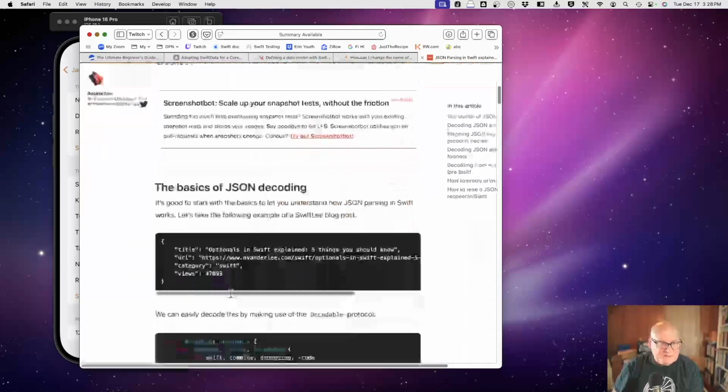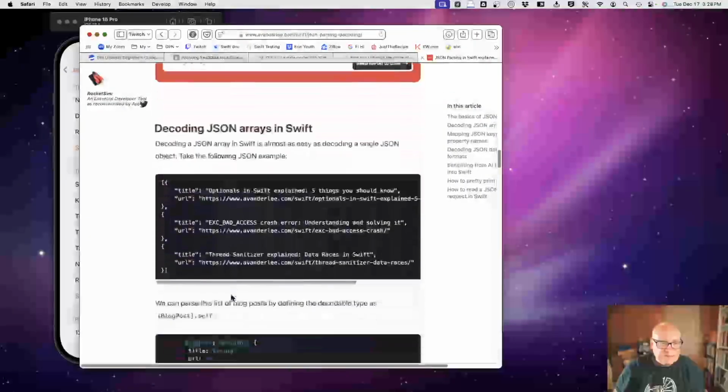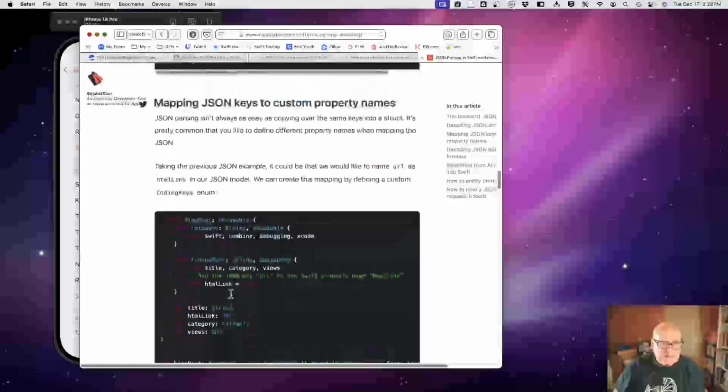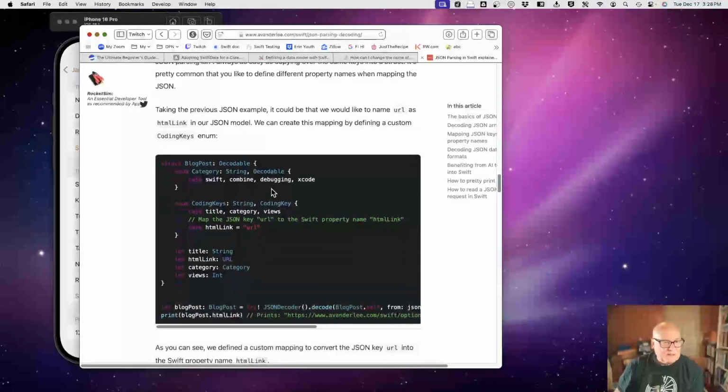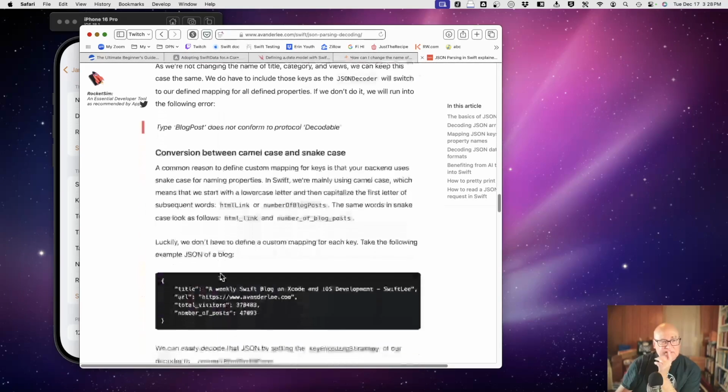I think he might also show us mapping JSON keys to custom property names. That's it. Yeah. That's doable, but that's more work than I want. There's another way.